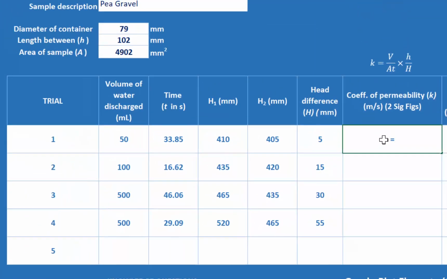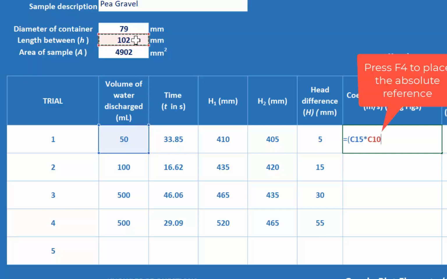And next, the coefficient of permeability as per the equation above. It's the volume, and this needs to be bracketed so it stays on the top of the fraction, times the length. Now we're going to reference this value several times as we go down the rows, so that cell will need to be locked,